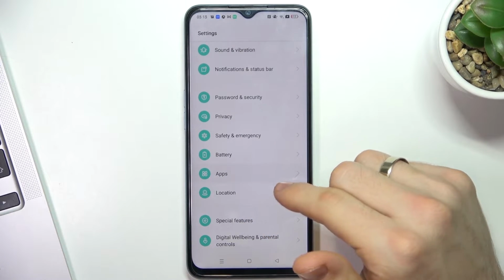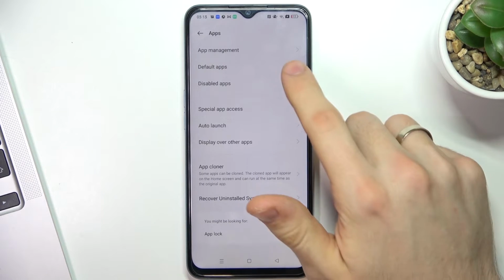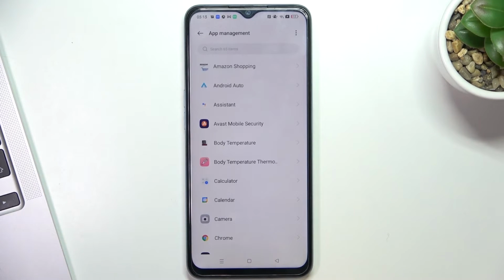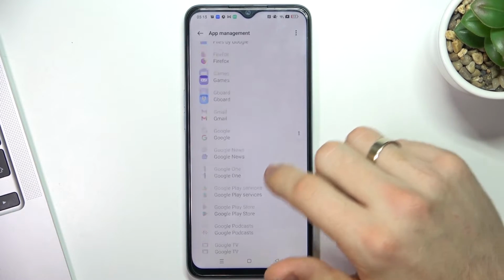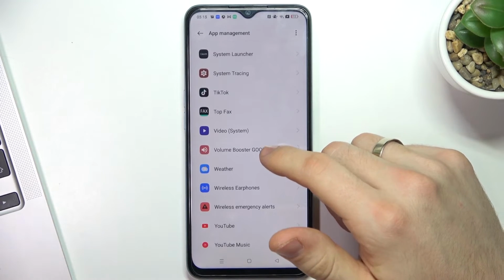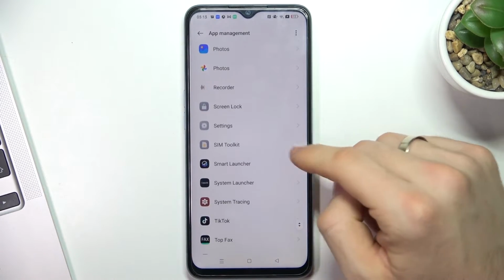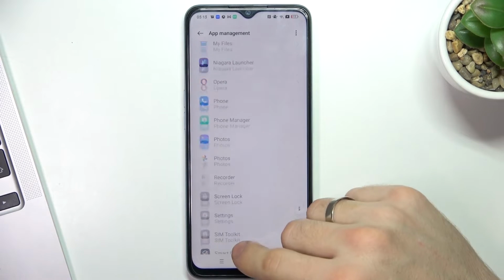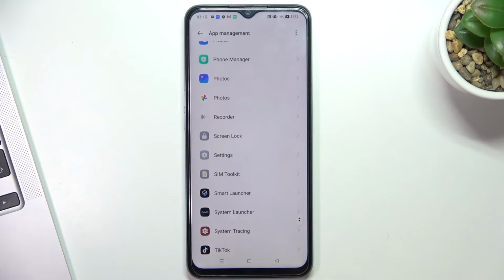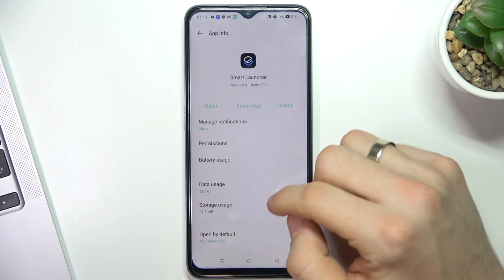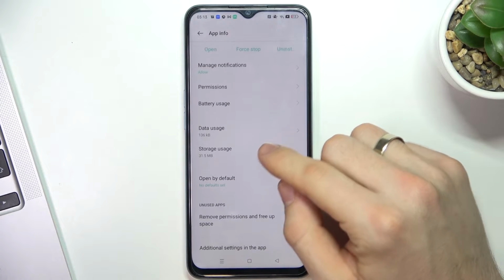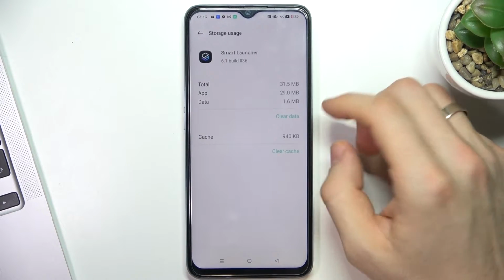Okay, so if you want to remove applications, I suggest to just use the settings application. So open your settings, open apps, choose app management, and here we have the list of all our applications. For example, here we have Smart Launcher, and I want to check how much space this application uses. So open Smart Launcher in settings, and here we see that this application is using